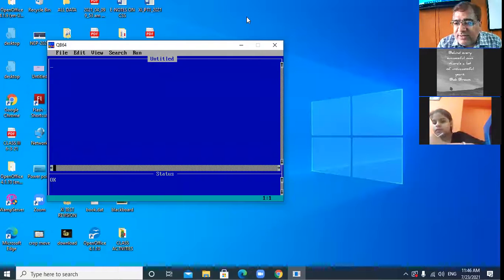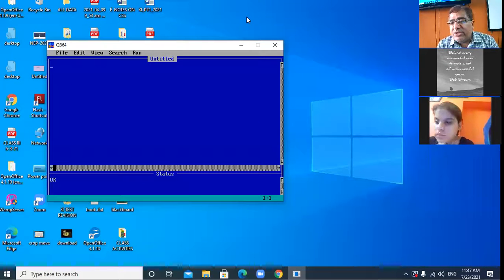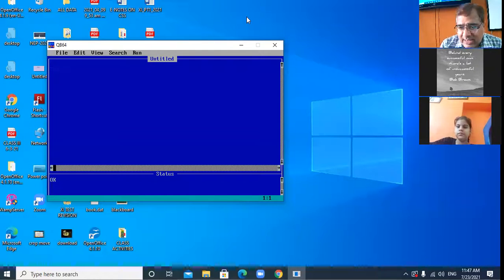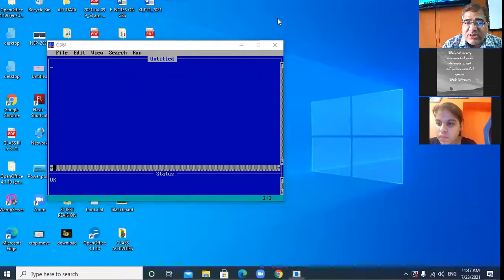Okay. Seventh class, we are to start with the QBasic programming language. Beta, there are two types of languages, high level languages and low level languages. Low level language is machine language, machine dependent language, and high level languages are the languages written in English like words. For example, C language, Java language, Basic, C++, they all are high level languages. What is Basic? Basic stands for Beginner's All Purpose Symbolic Instruction Code.